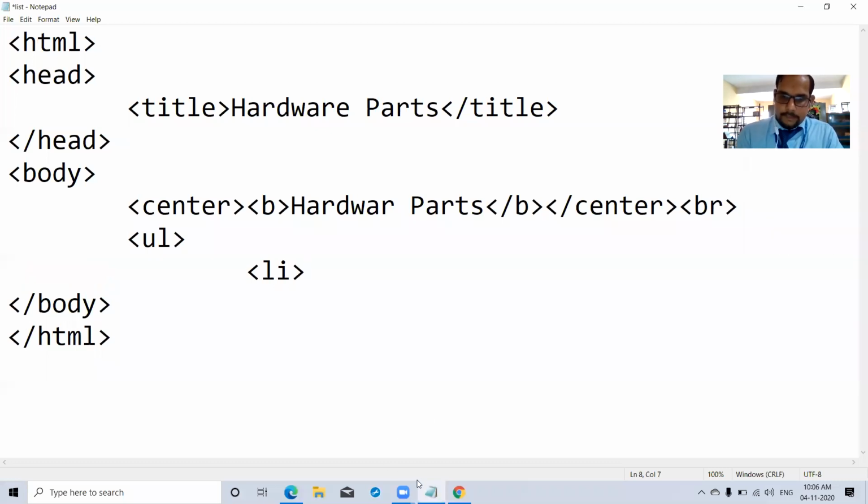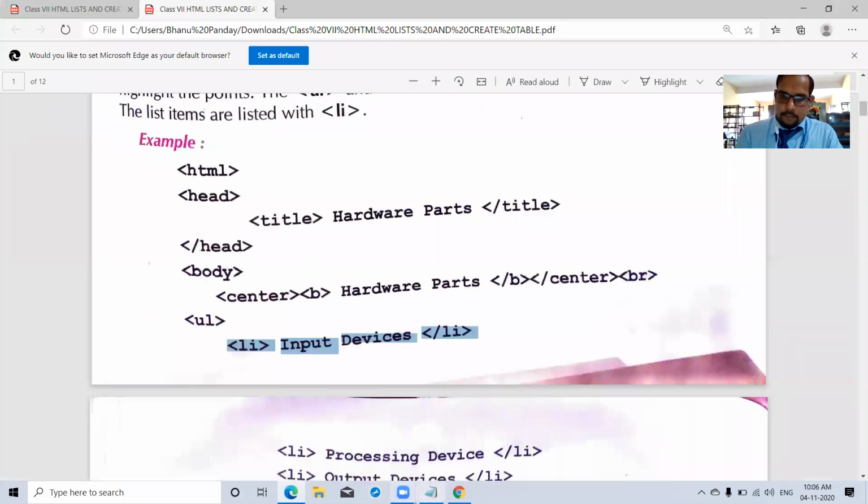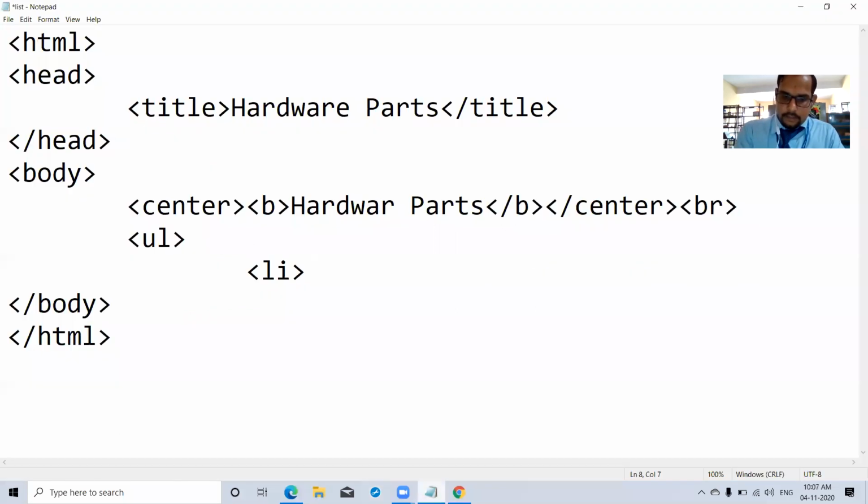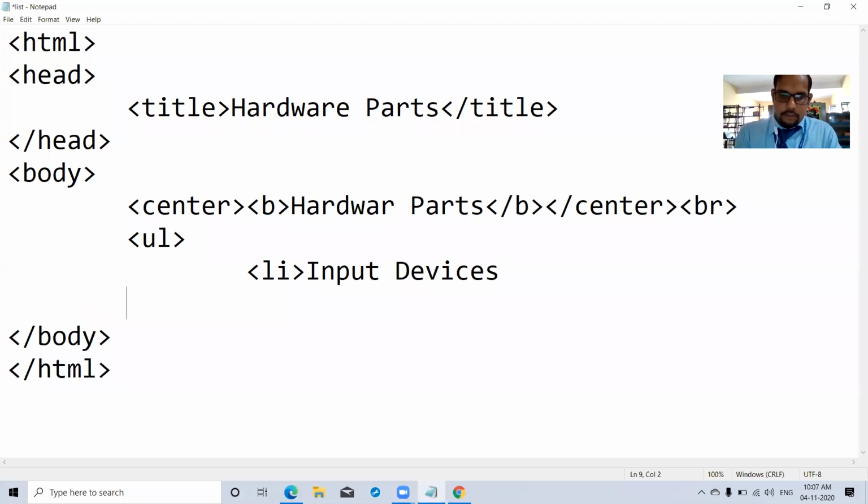The first item is input devices. Now close this UL tag. I want to show the difference.